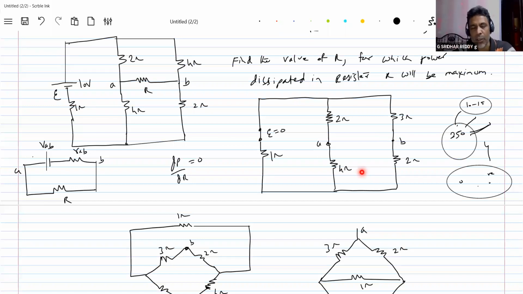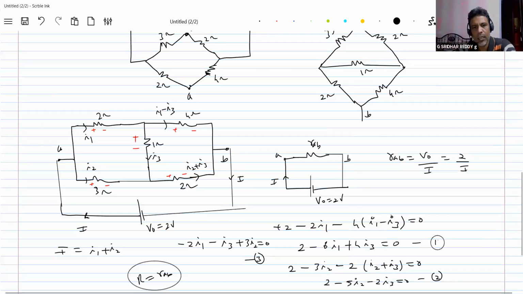I'm going to continue this idea for almost 3-4 chapters: how to find the effective resistance of a circuit. This is one more method. Where all cells are there, replace them with short circuits, keeping internal resistance. When potential becomes 0, you put a short circuit in place of the cell, and that internal resistance you have to add up. If the cell is ideal, then the internal resistance will become 0 ohm, then a wire will come, and these two will be at the same potential. Then redraw this circuit. Then we have to work out